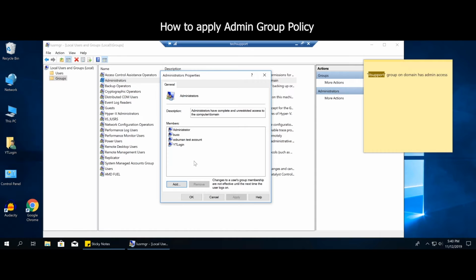At this point, the whole point of doing this is so that not only will you have administrative privileges on this computer, now you can make any changes to it you want remotely or this and that, but everybody else that belongs to that group, so all the people that work with you, now they don't have to go through this thing of getting local administrator login, the password, this and that. Now you can make all these changes, and then everybody can just log in,